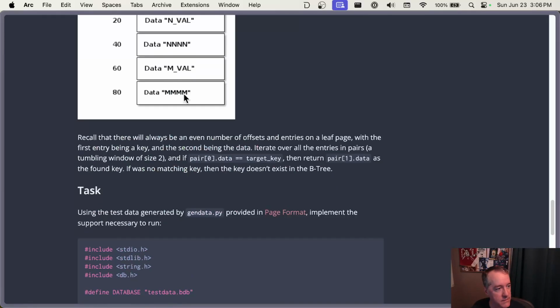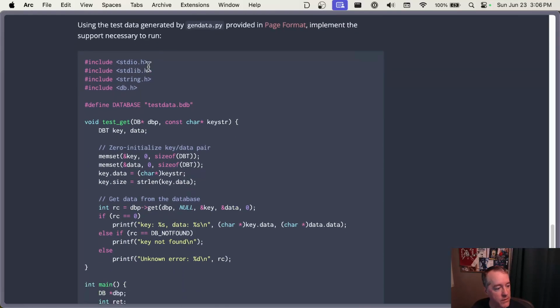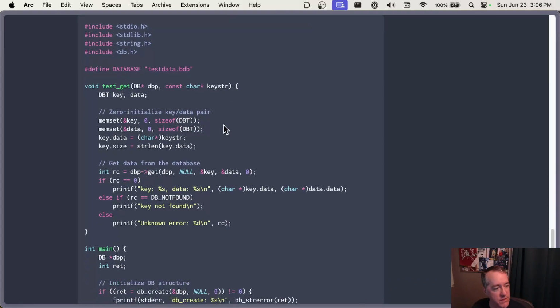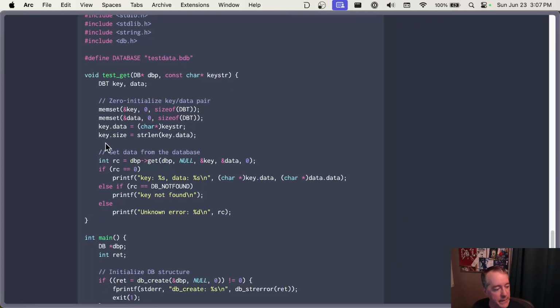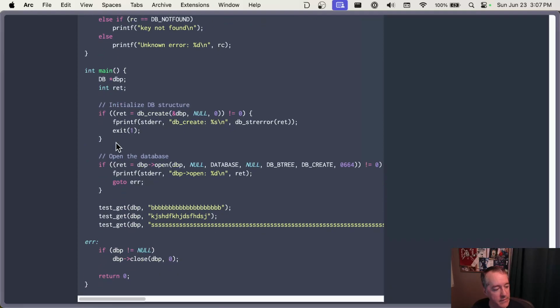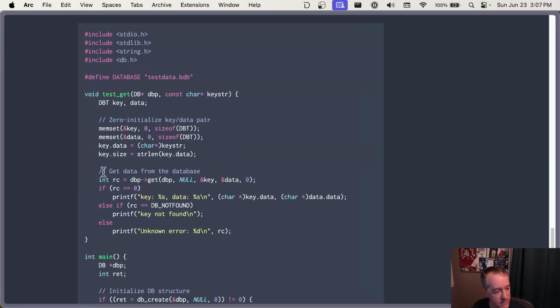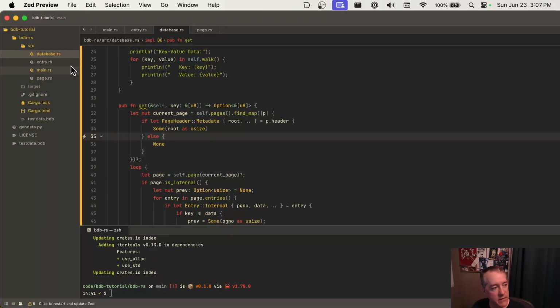Let's look at their task. So, they've got the goop about the DBT thing. Interesting. So this is a test thing. So we can do something like this, right? What does their test get function do? All right, well let's make a function similar to that in our main, and then